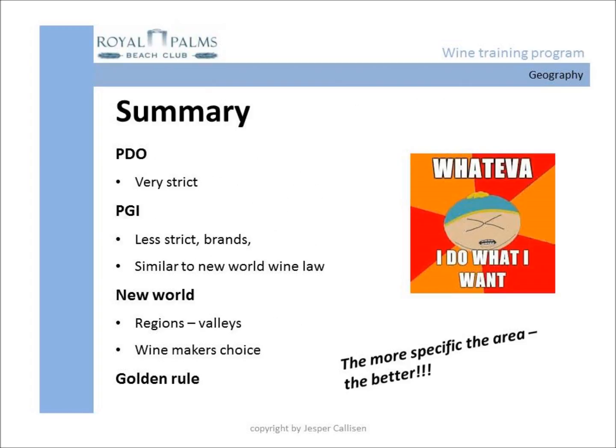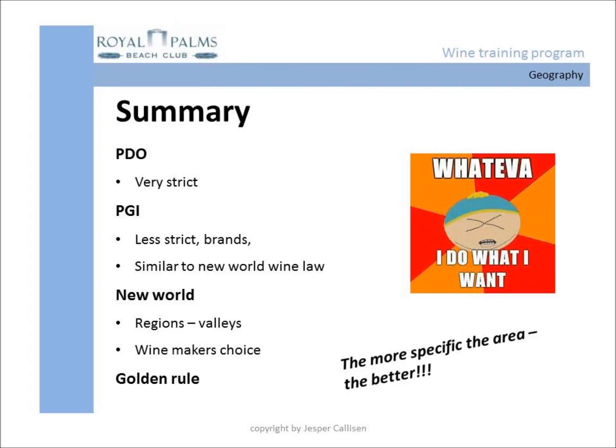To summarize this session, we can agree that European wine law under the PDO system is very strict. It does, however, help to create particular styles which consumers recognize when buying wine from particular areas such as Bordeaux or Chianti Classico. The PGI laws, on the other hand, are less strict and more like the New World wine laws.